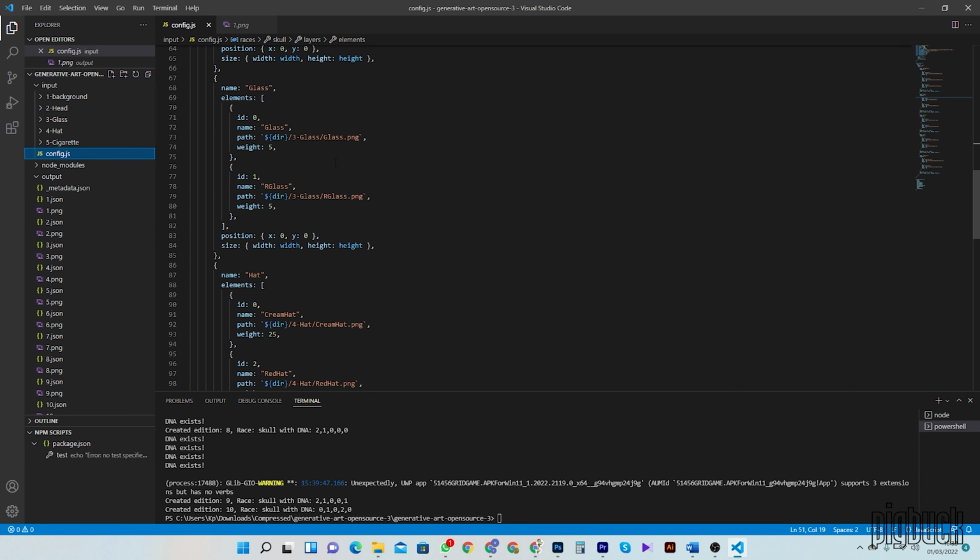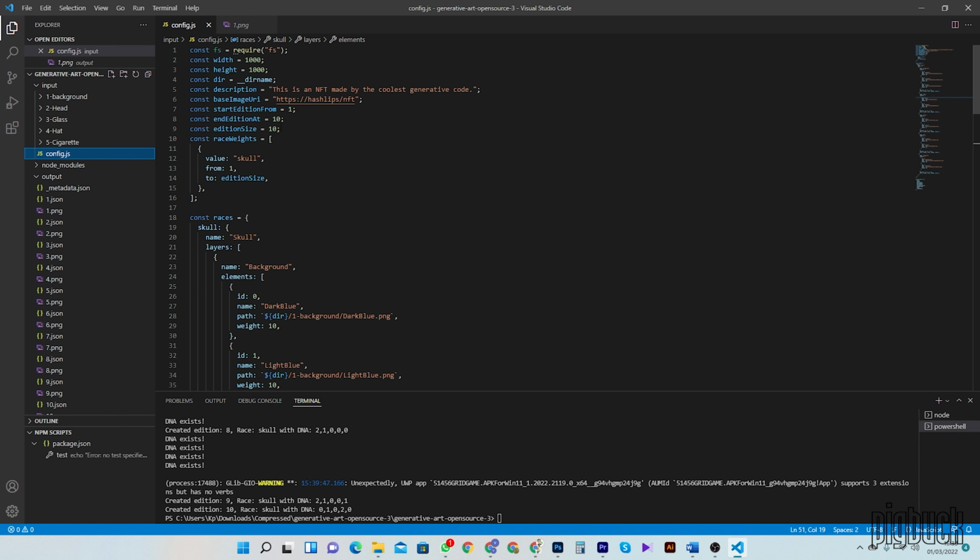And this is very simple to do. You just want to scroll up on the config.js code and change the code to whatever you like. I've seen most collections go for around 10,000, so you can adjust that to 10,000. However, I would recommend setting this to something a lot lower, especially if you're just testing things out with how